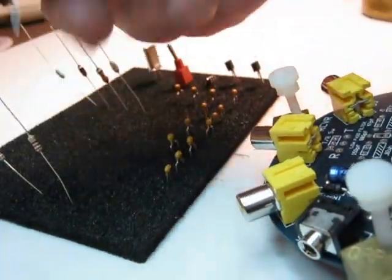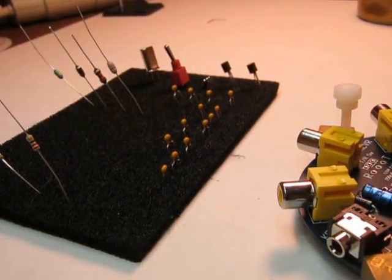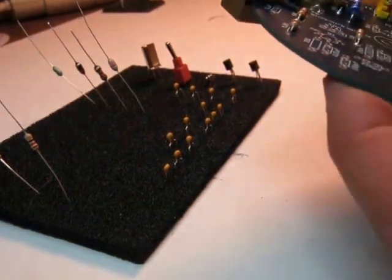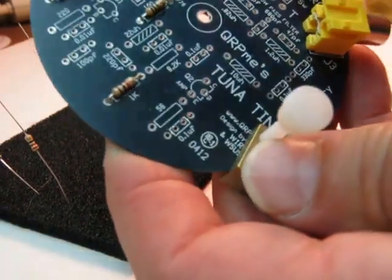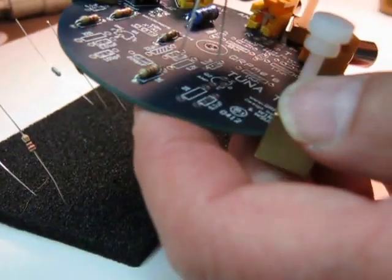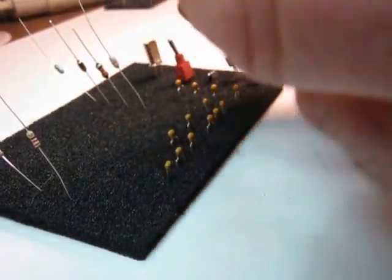I'll just pick that's a 56 ohm resistor. I didn't even look at the board. I just picked up the part because I know it's pretty easy to find on this board. And it's marked right on the board, right there, 56. So I'll put this in, seat it down,